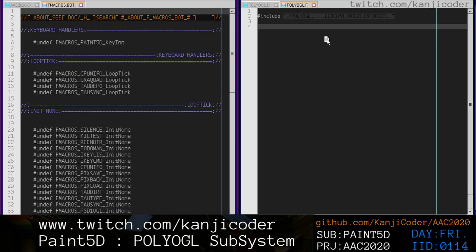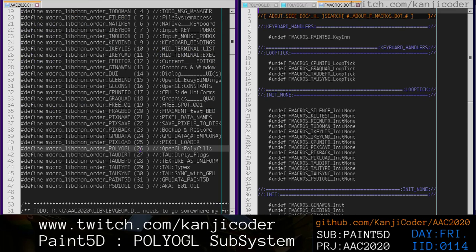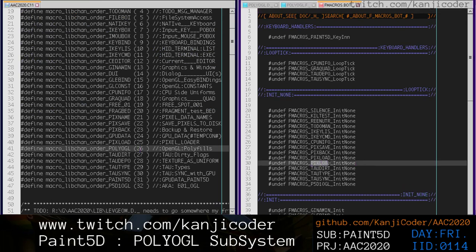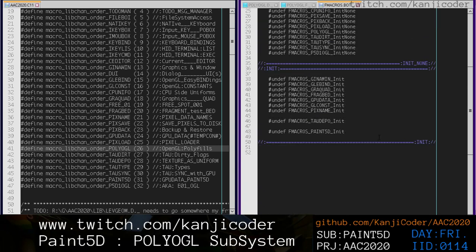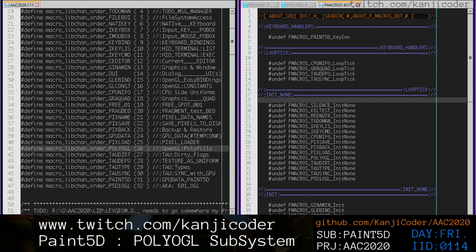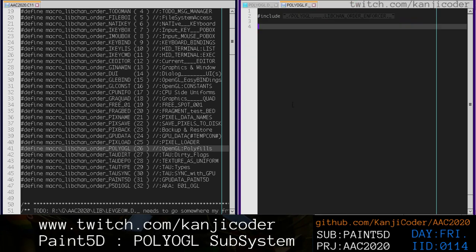So now we have f macros bottom, so let's look at this thing. So init none, we want to look at pixload, and we want to duplicate this and change this one to polyogl, and we're just getting rid of this function macro so that we don't pollute other people's code bases if they decide to use our code base, right? If someone wants to use this engine in their code base, we don't want to pollute their code with too many macros, right? Okay, so now that we've done that, we're gonna cross our fingers and hope that these two stubbed in files are just gonna